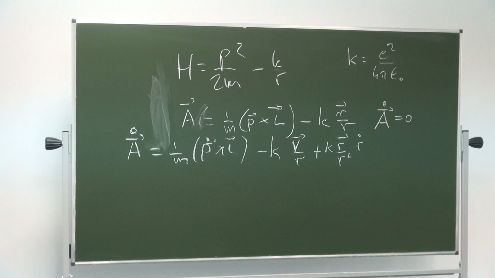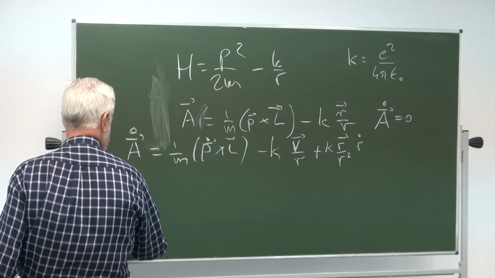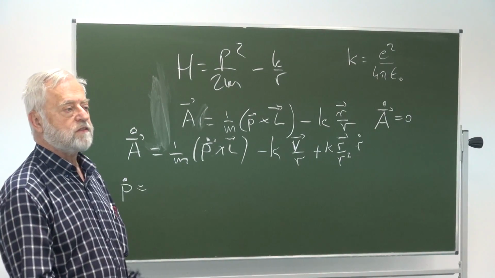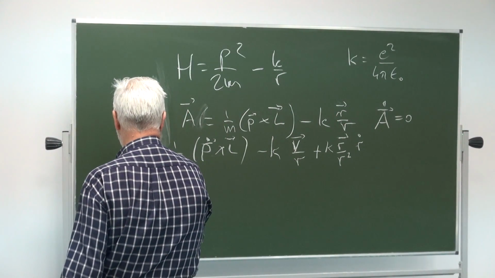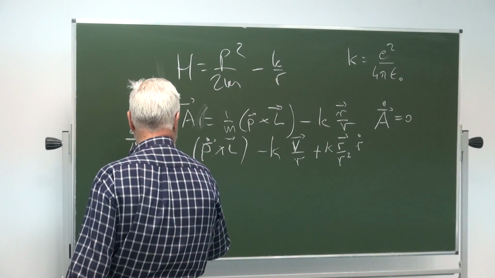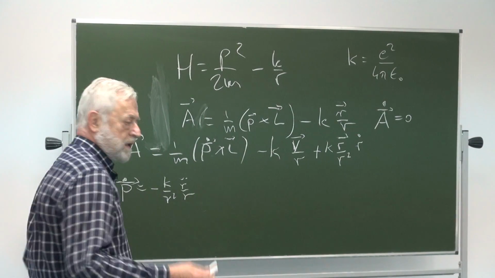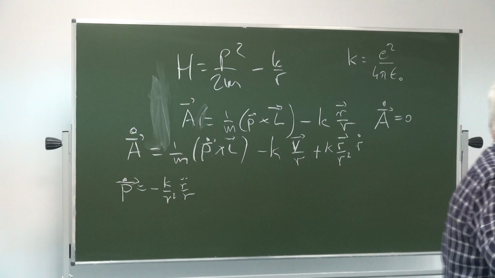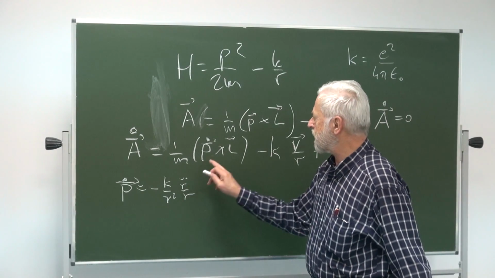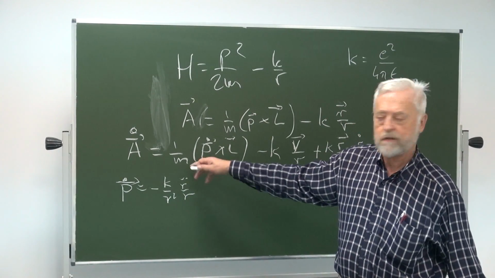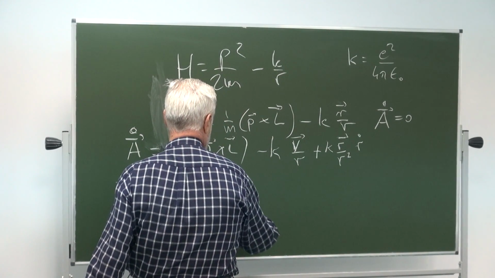Okay? Now, this fellow, of course, satisfies the Newton equation. So for the problem at hand, this is minus k divided by r squared, r over r. That's a central force which has 1 over r squared dependence, yes? So I can plug in this fellow here. Yes? Because so my A dot is equal